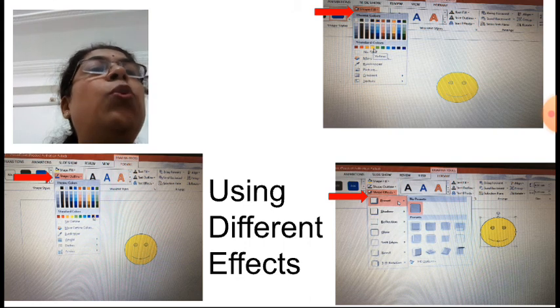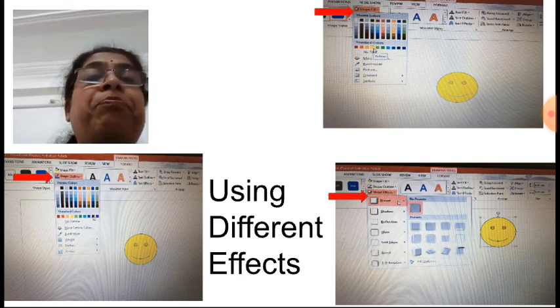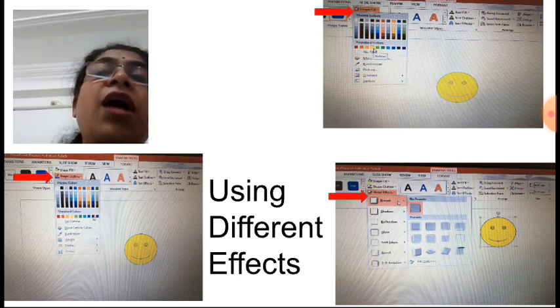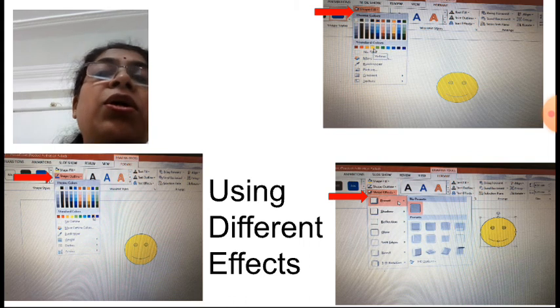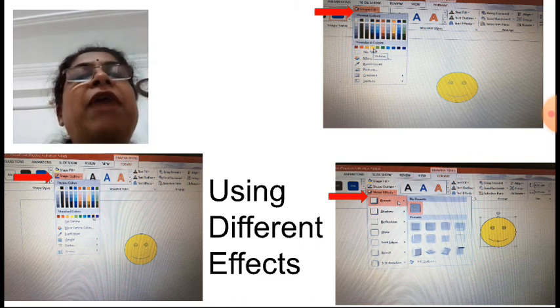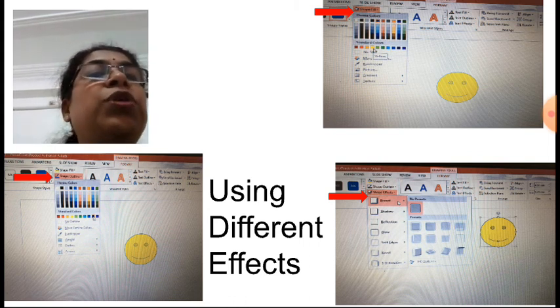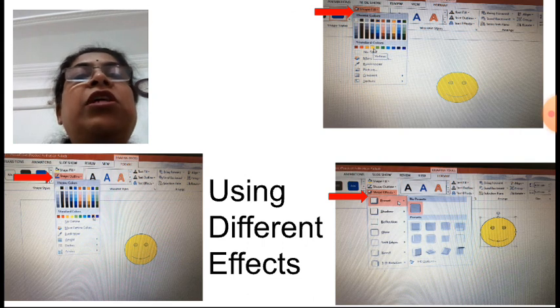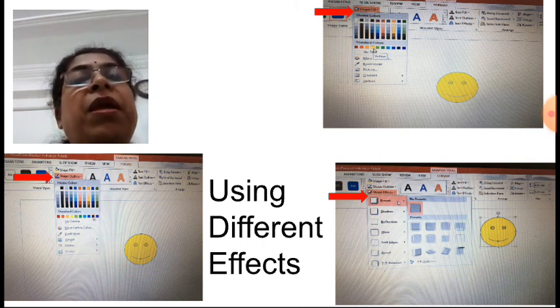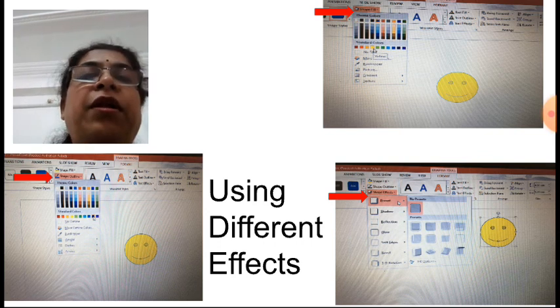Here we are giving yellow color inside the shape. After that we can select the outline color also. So blue color outline we are selecting, and after that some good effects also you can apply to the shape. So here in the effects, the first preset effect we have selected. If you want, try 3D effects, which are also available. Try different effects and make the presentation more attractive.